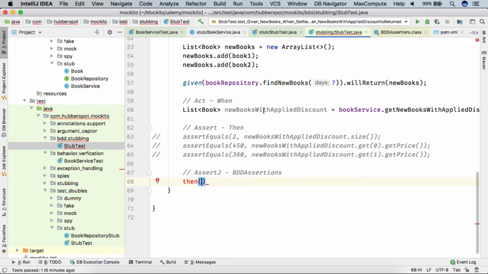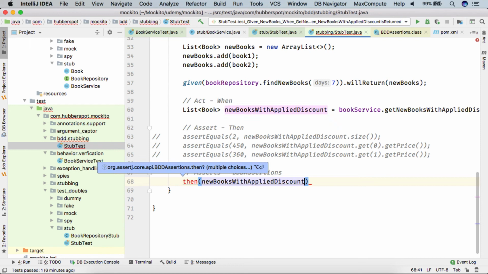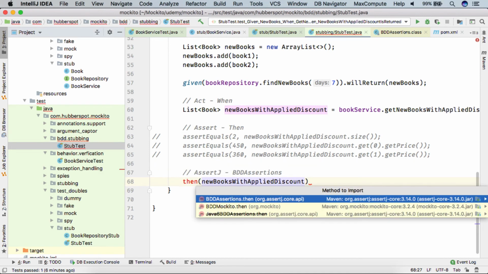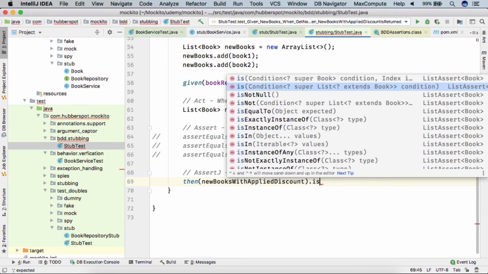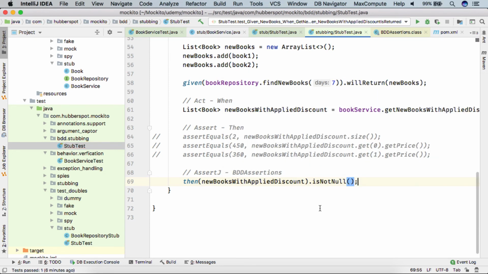Inside then we provide whatever is returned, so then new books, and you can see it asks us to import the BDDAssertions then method. So we simply import it, and then we have a few other methods on BDDAssertions, like then new books with applied discount. Let's say we check for isNotNull. This is one of the methods which checks that whatever is returned, the list of books, is not null.